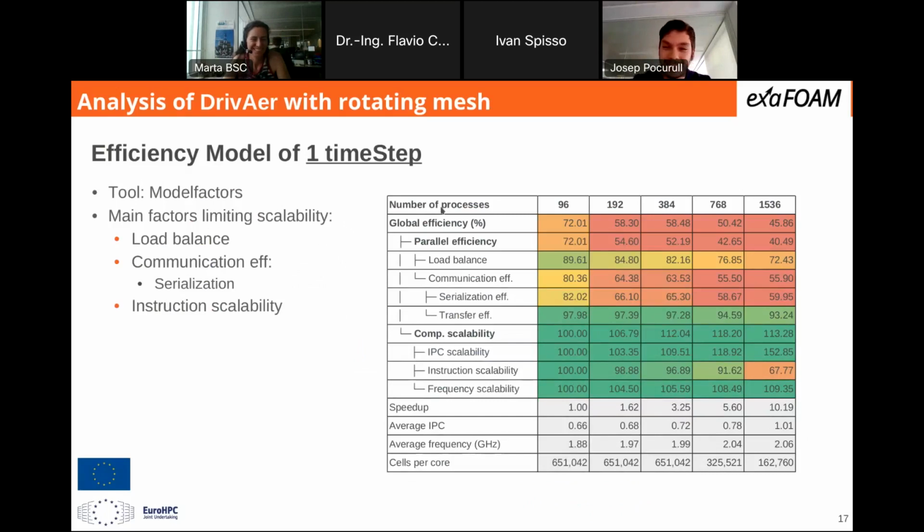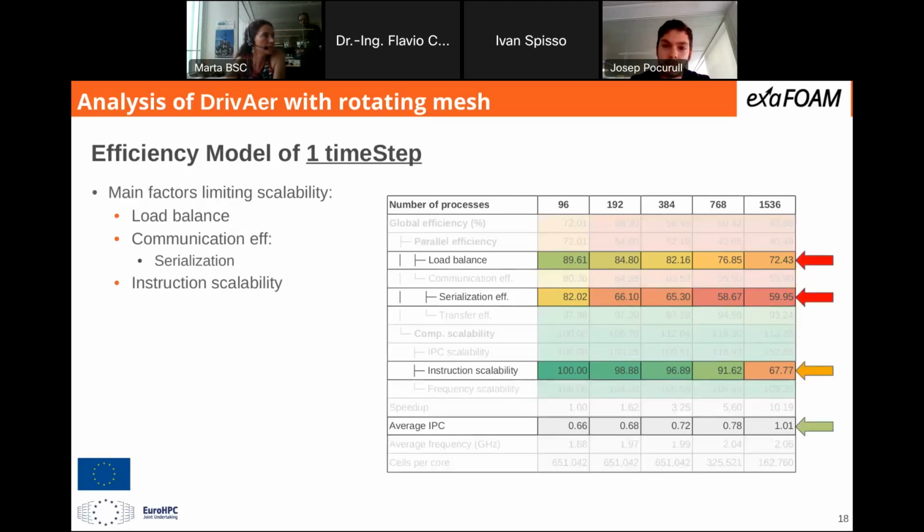We did the basic analysis of 1 time step, and here are the results where we executed the case for different amounts of ranks, and we saw how the metrics behave in every execution, and we saw the problematic